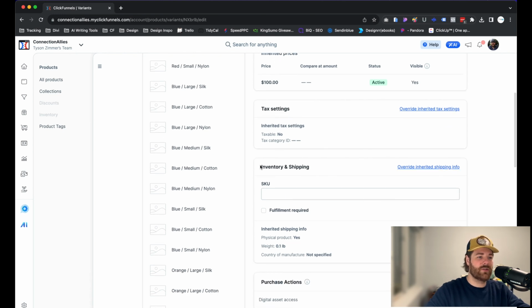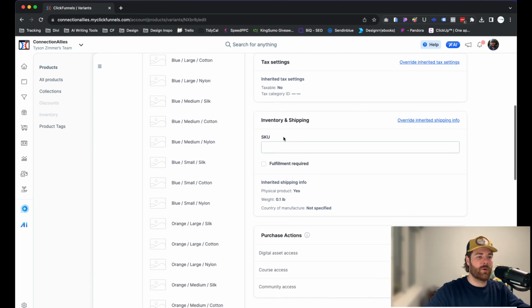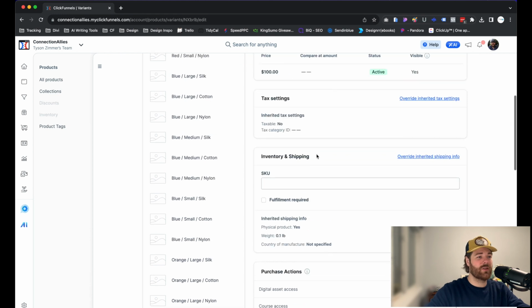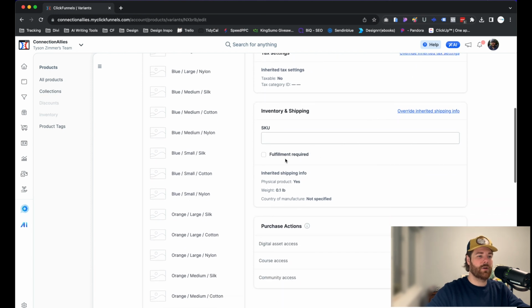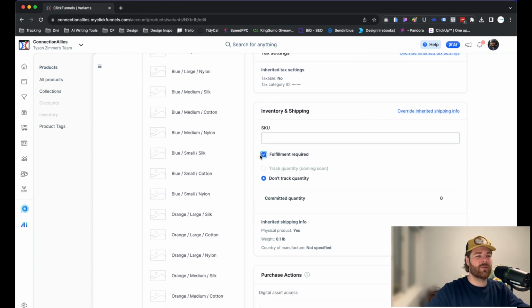Moving down, you have shipping and inventory. You can set up overrides here for specific SKUs. If you have a specific SKU for a red large silk shirt, you'd put that in here. Any fulfillment required. As of right now, there's not an option to actually track quantity, so just keep that in mind as we move forward here. But it soon should be released, hopefully, fingers crossed, right? And we'll make a video on that as soon as it is, but as of right now, it is currently